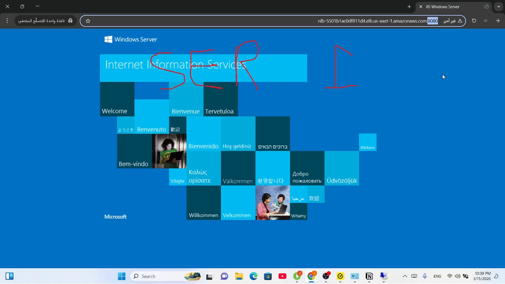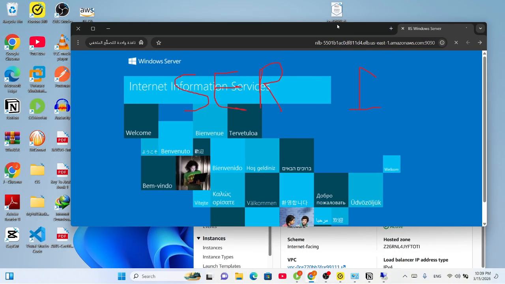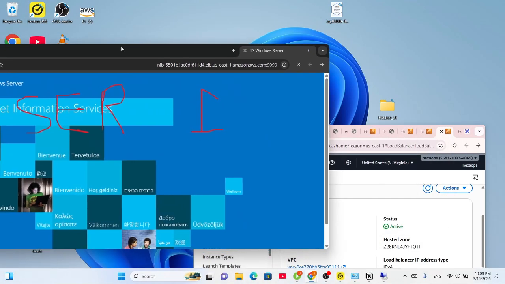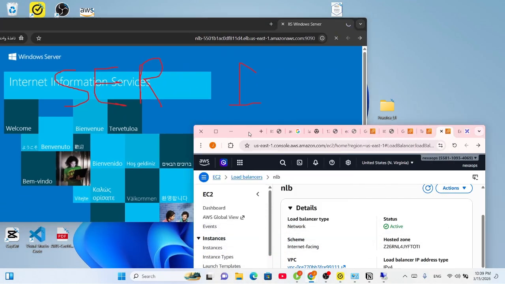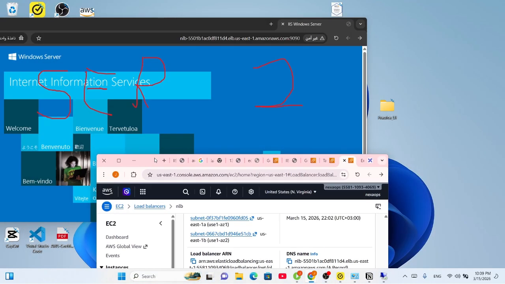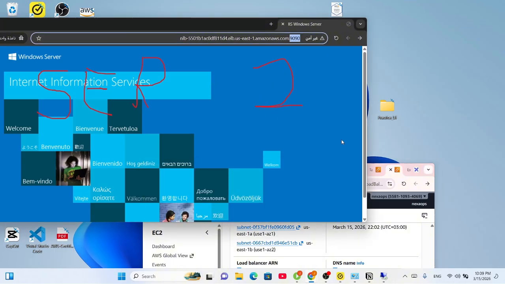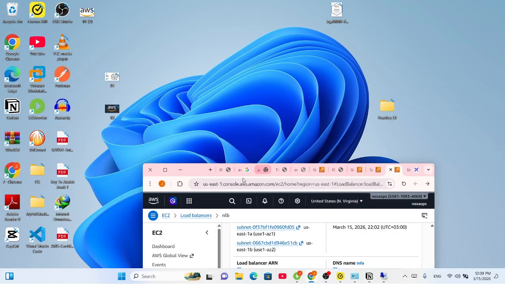Okay. If I go to 1990, it's going to take me to server 2. Let's see. It should take me to server 2 actually, because 8080 got me to server 1, so 8090 should take me to server 2. Let's give it some time. Basically, yeah, this is it. So we just have to make sure that we add the listeners here. And yeah, you see server 2. Okay. So basically, this is the idea of network load balancing, and we have finished our